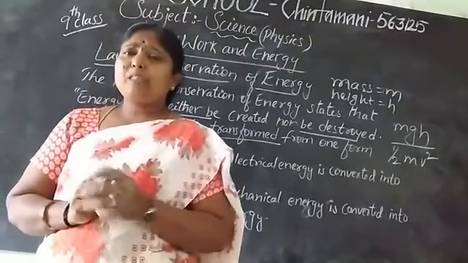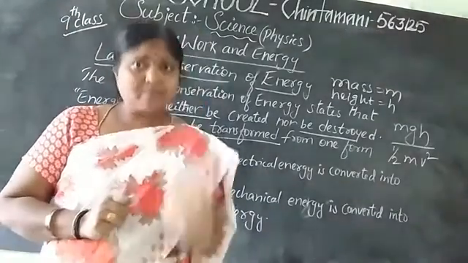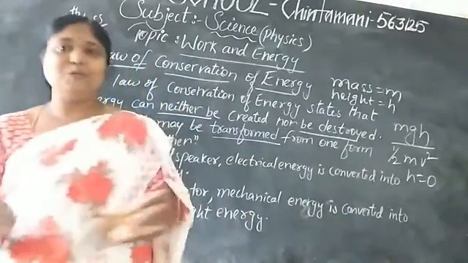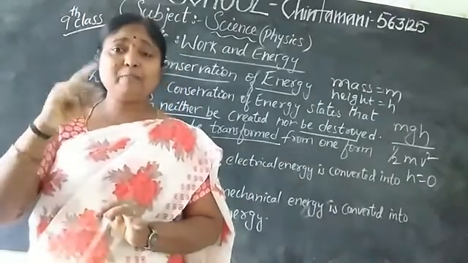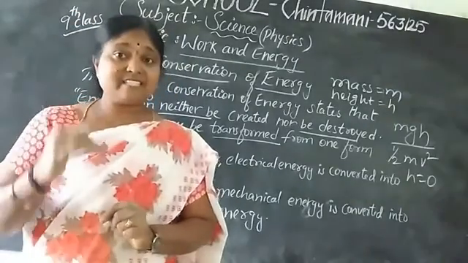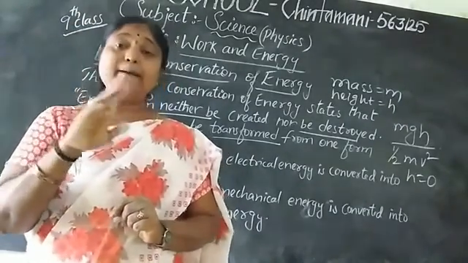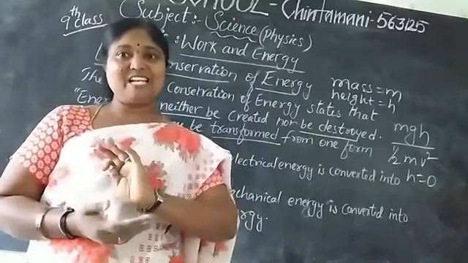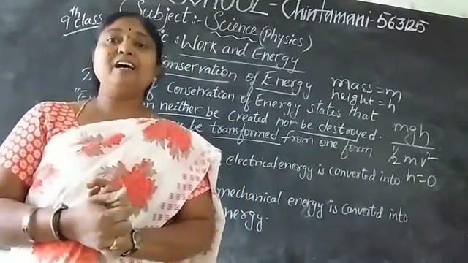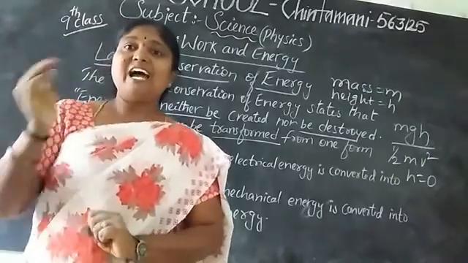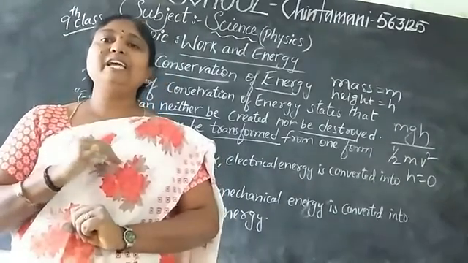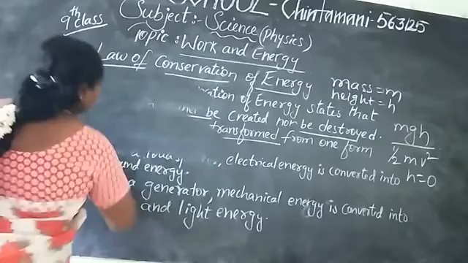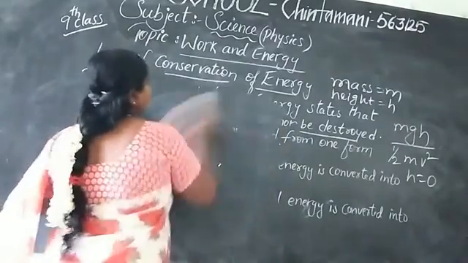Then, when the object is about to reach the ground, the height h will be 0 and v will be the highest. Therefore, the kinetic energy would be the largest and the potential energy will be the least. However, the sum of the potential energy and the kinetic energy of the object would be the same at all points. So, we can say potential energy plus kinetic energy